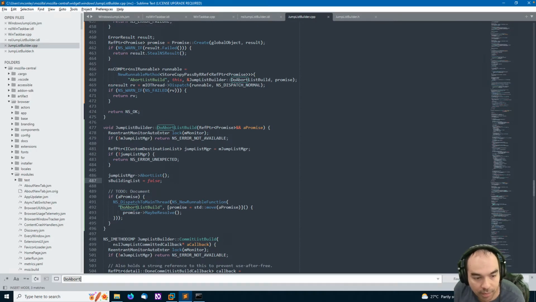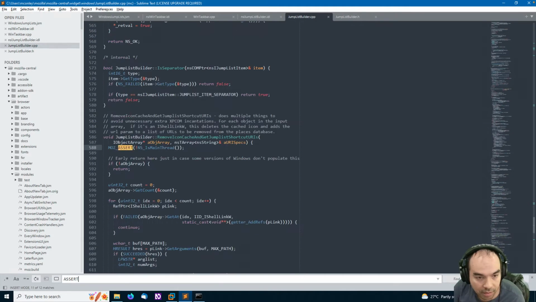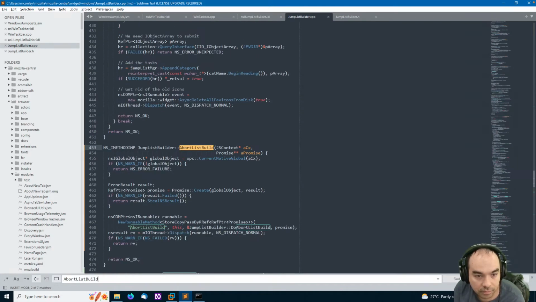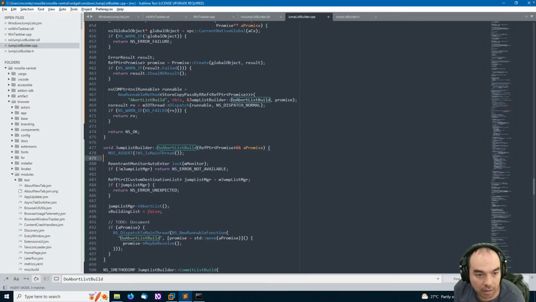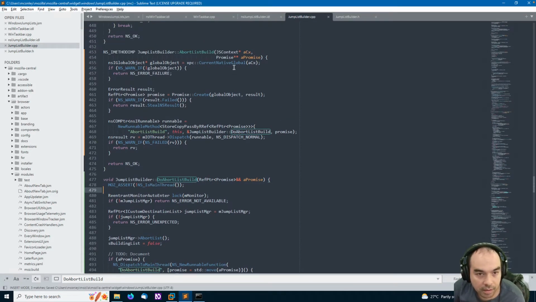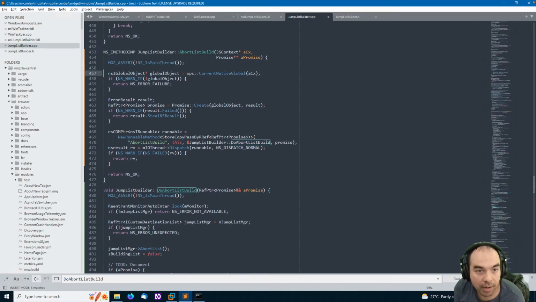And anywhere where we've been calling abort list build, well, first of all, the other thing I want to do is assert which thread I'm on, that we're not on the main thread. And here we do want to assert we are on the main thread.